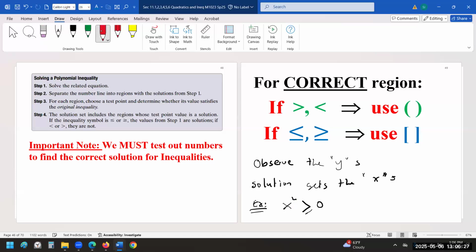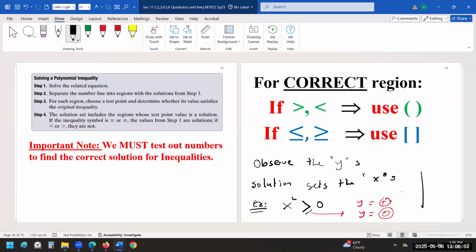Y is strictly positive or y is 0. We look at the portion of the graph where we have y positive or y 0, and then whichever x values give us those y's, we put them together in an